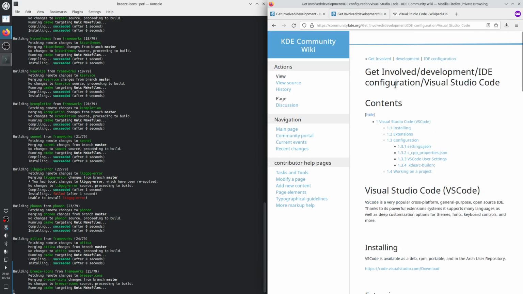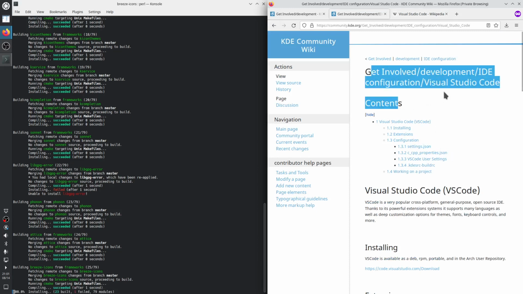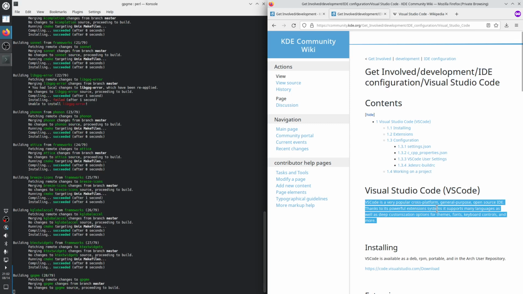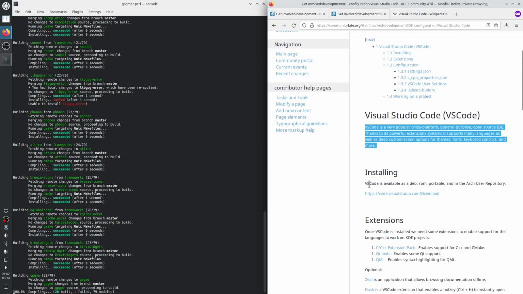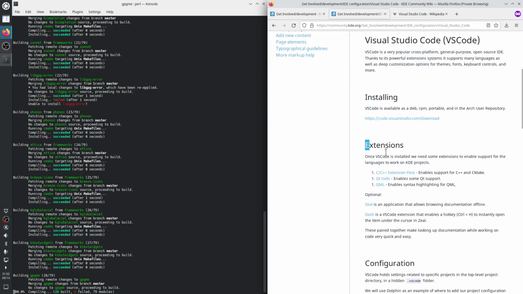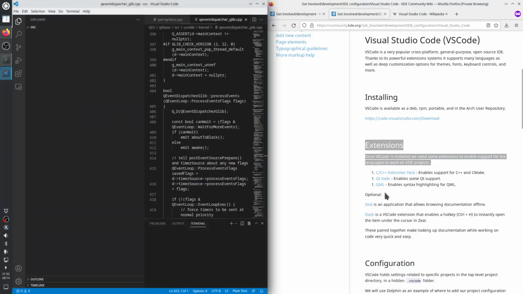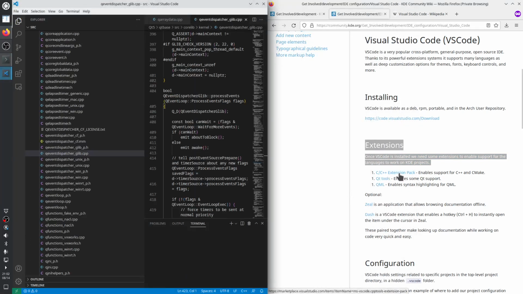So I've already followed the steps in the wiki page where it says how to configure Visual Studio Code. Powerful extensions system. Ecosystem. Okay, so I've installed the Visual Studio Code as a deb. And now I need to install extensions. So let's do that. Ctrl-Shift-T. Code. So I need C++ extension pack